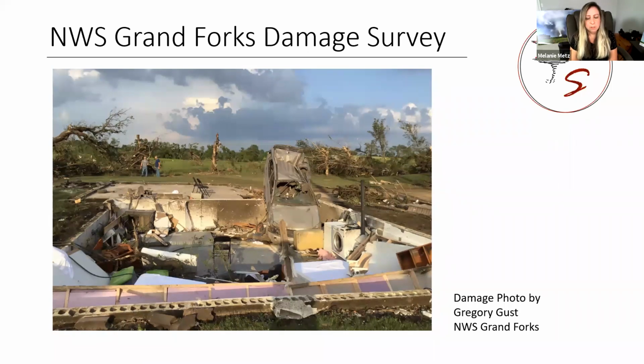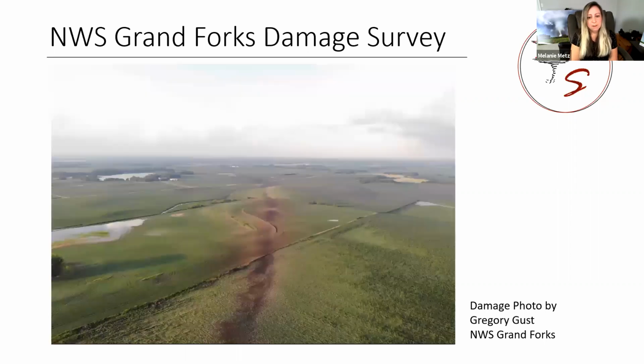It's just incredible to look at, again, the damage that can be done. Actually, this is kind of scary when you think about it, because that house is just completely gone. So even if you were trying to take shelter in that house, it probably wasn't a good place to be. All right, next photo. This is just a great image from the air of the scar that the tornado produced. There was a lot of talk about how the scouring from this tornado was just incredible, just what it did to the earth, because of how strong it was.